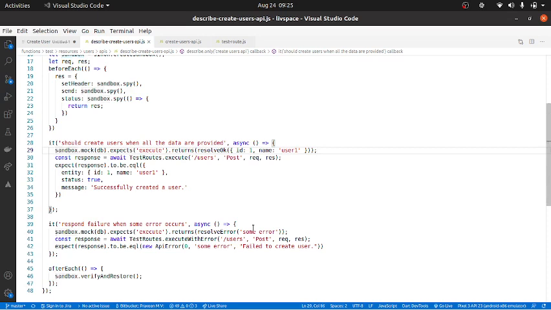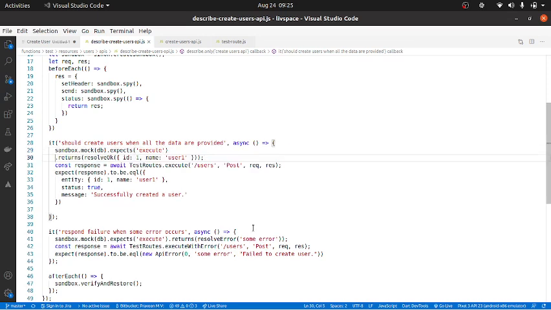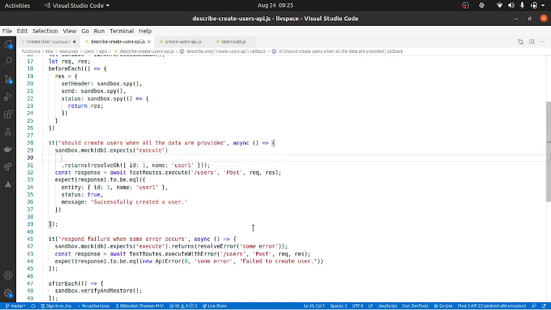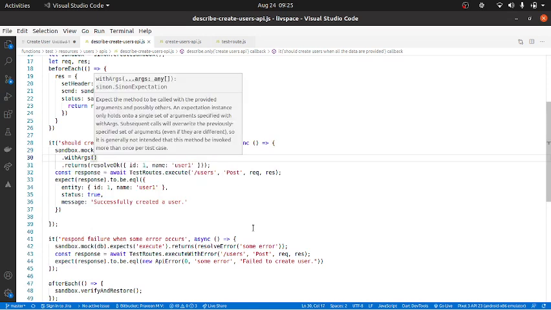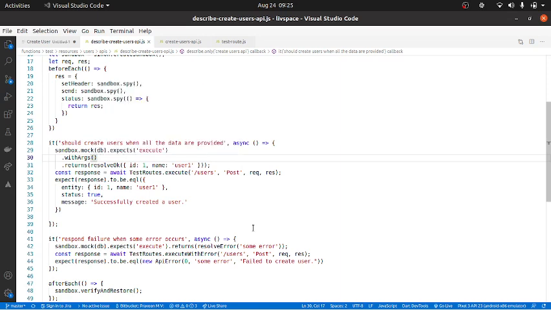So sandbox expect execute, this is taken care. Now when we tell execute, what is it that we are expecting, right? So with args, we just need to basically make sure whatever argument we are passing to the execute is proper.